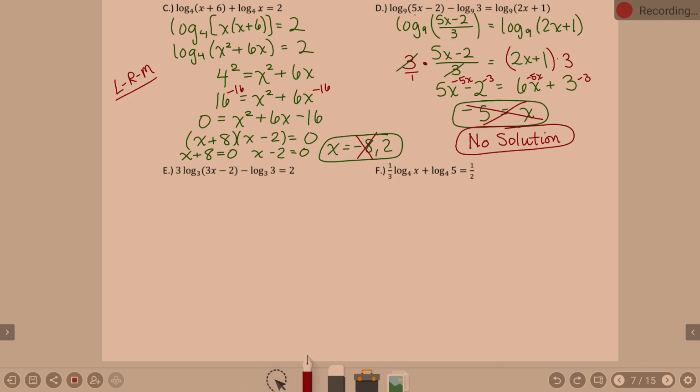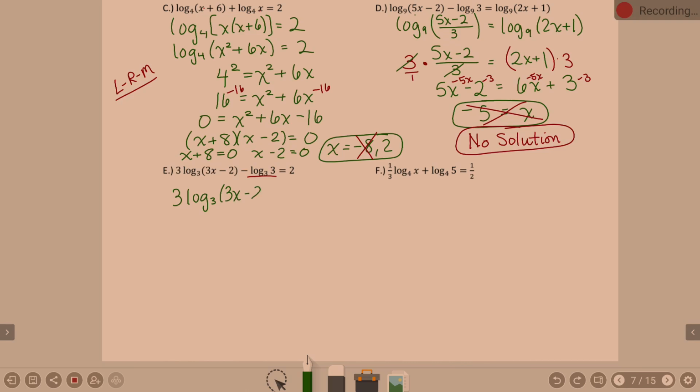I would suggest you start off by thinking about log base 3 of 3. It equals 1. That's that property: when the base and the inside are the same, it's equal to the exponent, which is just 1. So here's my suggestion, that we rewrite this equation as 3 log base 3 of